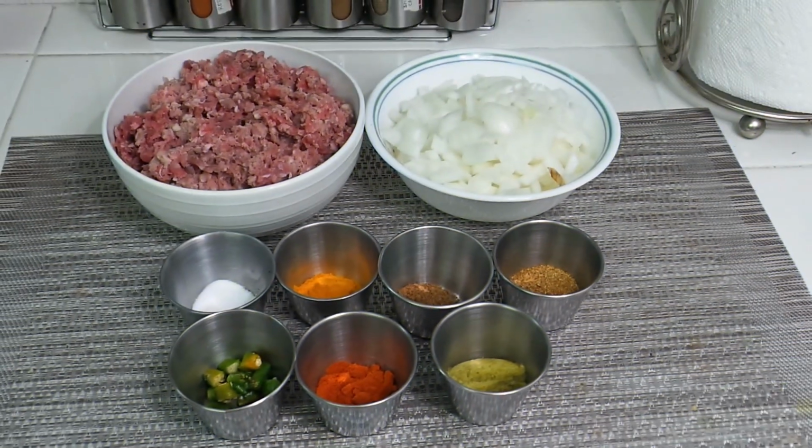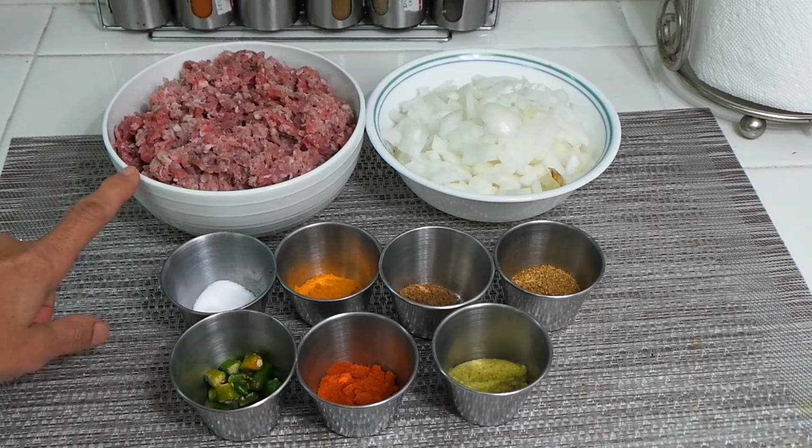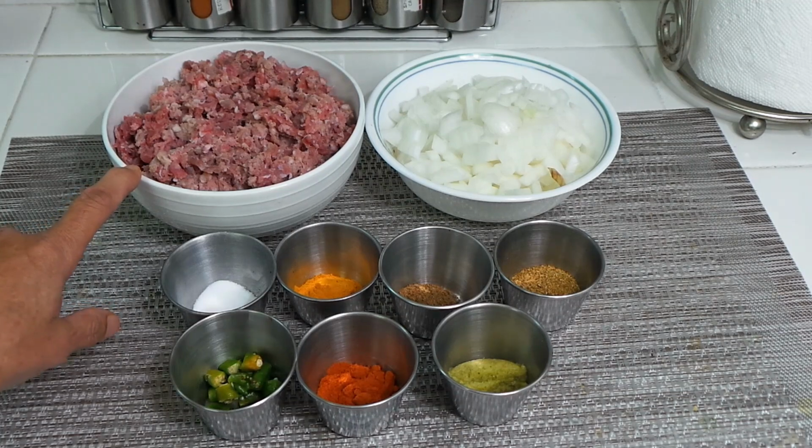Keema is ground meat and Khichdi is made with rice and lentils, red lentils. Okay, let's go see all the ingredients we need to make these two dishes. To make keema we need 1 pound of beef or maybe mutton,